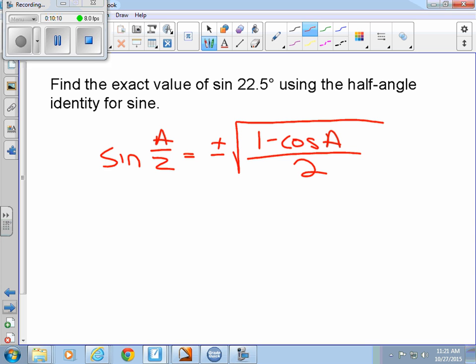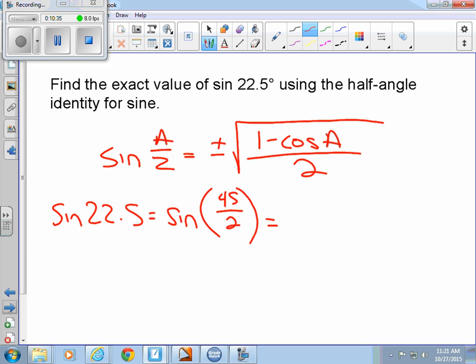So how can we use these? Now, again, we could use them in the double angle format, but I want to find the exact value of sine of 22.5. I don't know the exact value of sine of 22.5, but I do know the sine of 45. So isn't the sine of 22.5 the same as the sine of 45 over 2? Isn't 22.5 half of 45? So when you're using that half angle identity, you're going to say, well, what is this half of? Is that helpful to me at all? And it is very helpful because